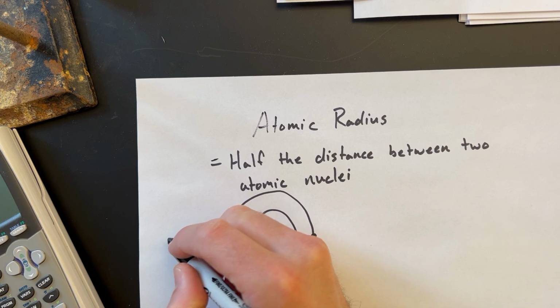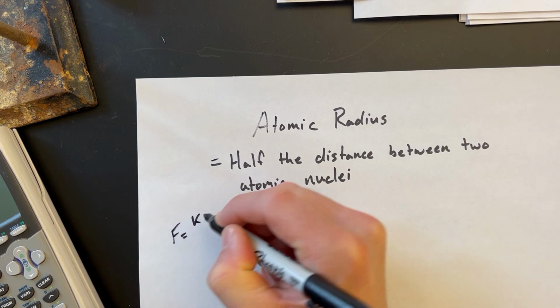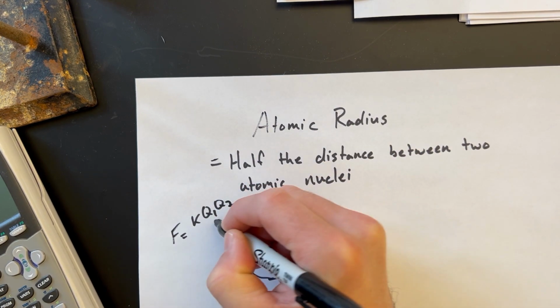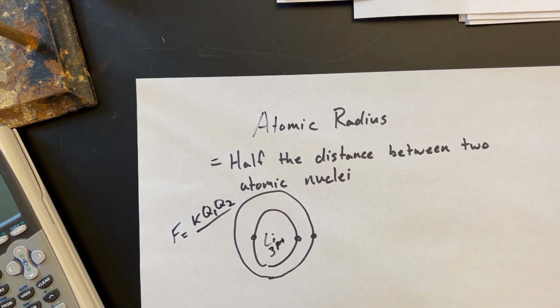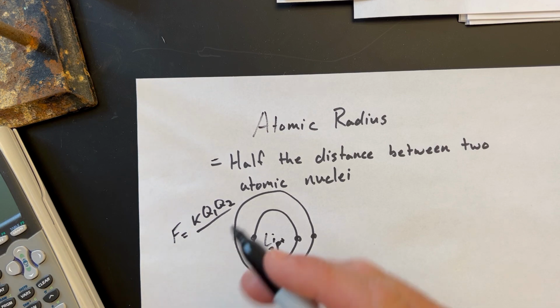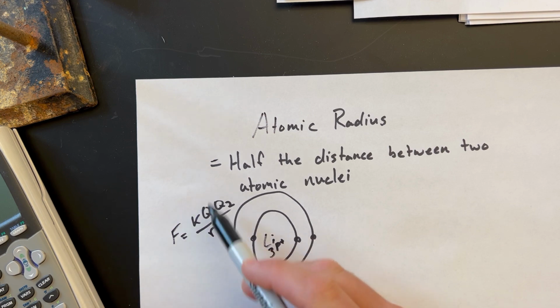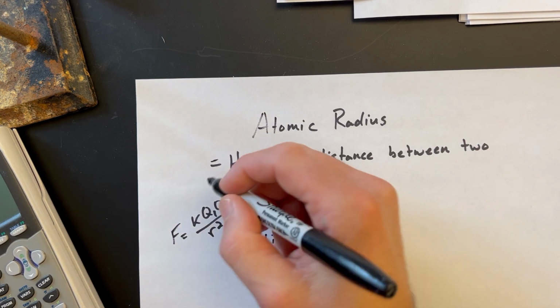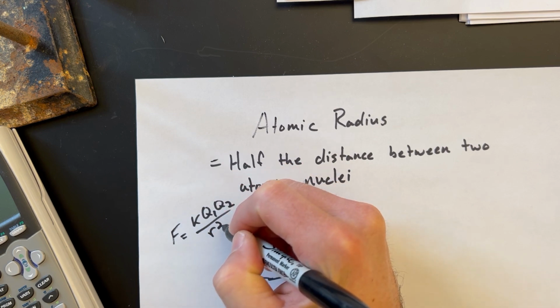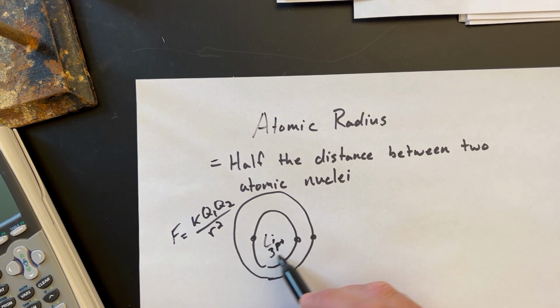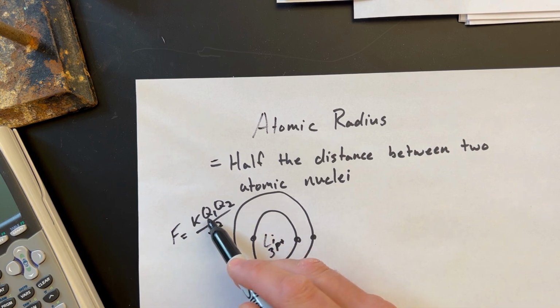So Coulomb's law is force is equal to Coulomb's constant times the charges, Q1 and Q2, over the atomic radius squared. And what you need to understand in Coulomb's law is we need to look at the charges and how the charges relate to the distance. So with lithium, we have 3 protons and the electrons there, and so there is a difference of charges between the nucleus and those electrons,